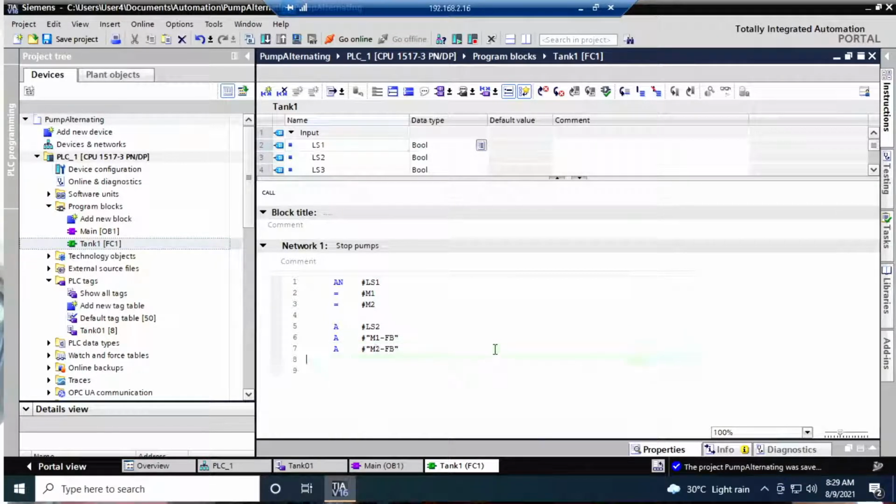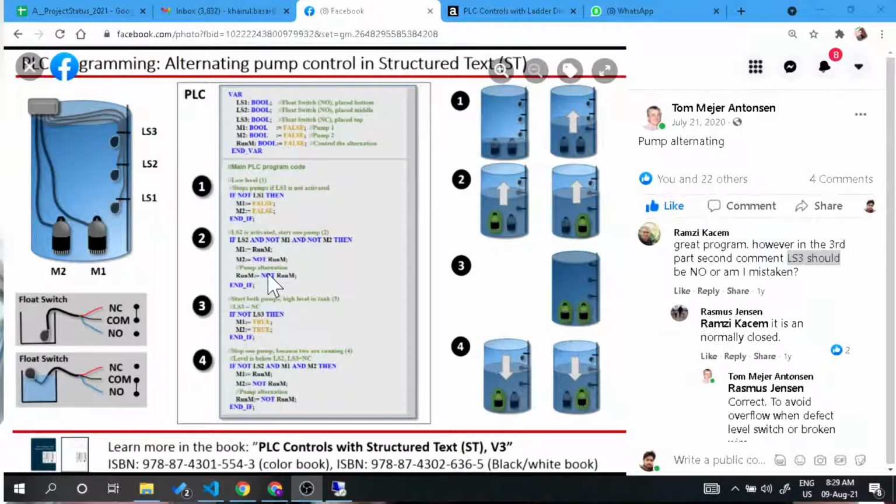So you see this equals that if logic. So all three are correct. So ls2 is there, m1 m2 not running, then run this m1 with whatever the initial variable,